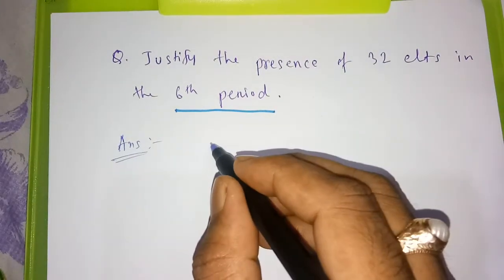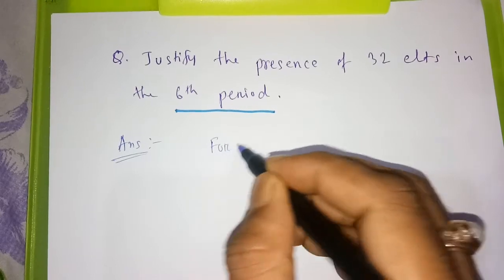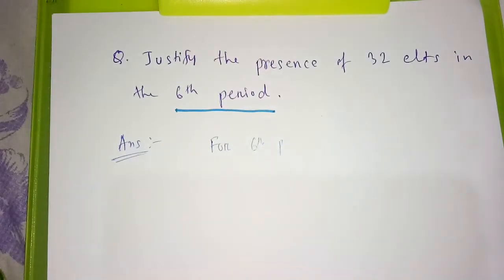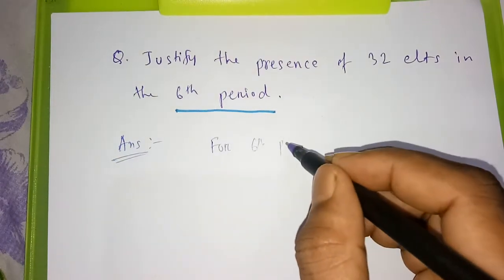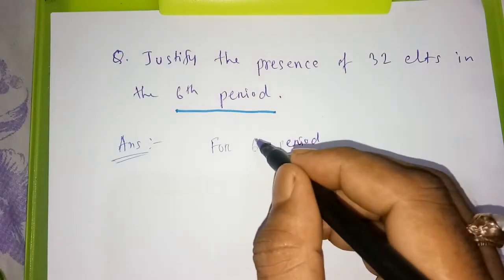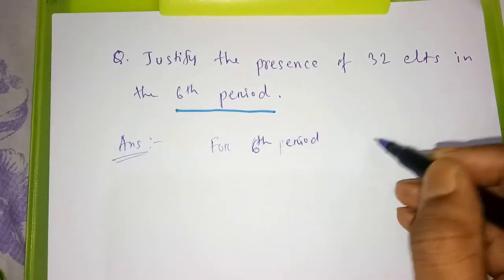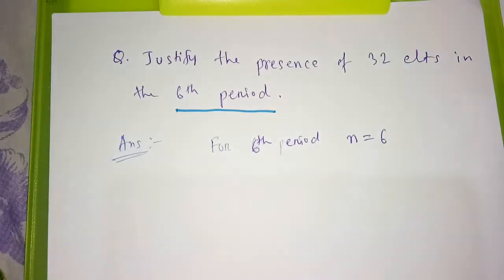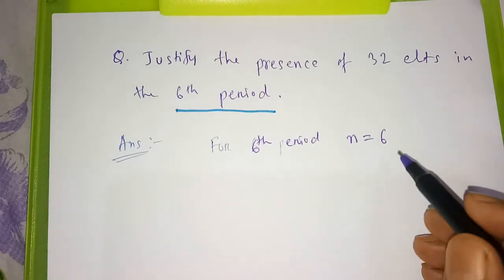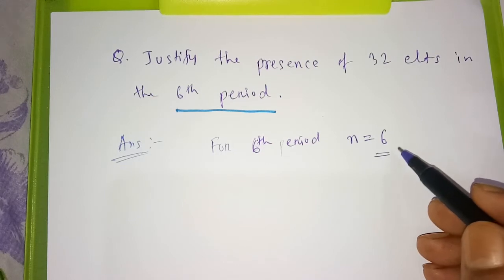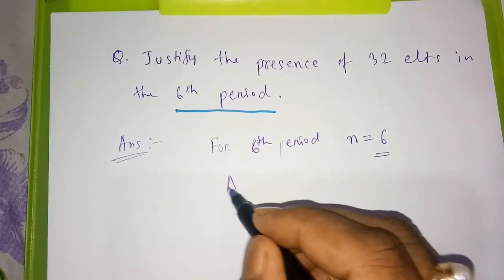So for sixth period, n equal to 6. Now in the upper order, if you go from the 6, then you will get